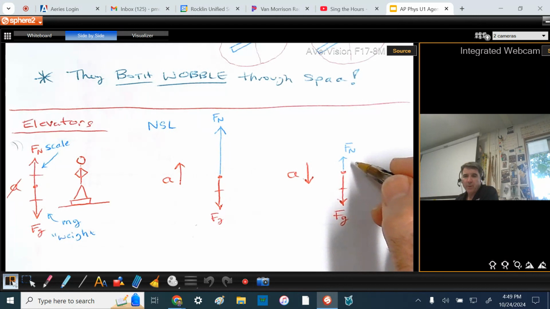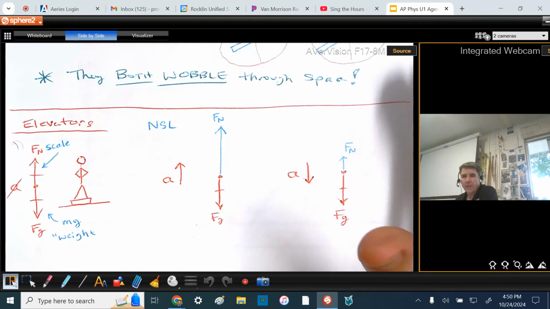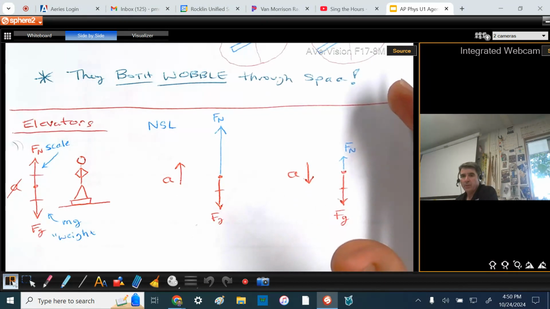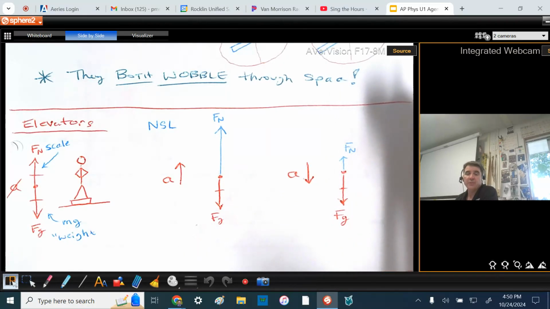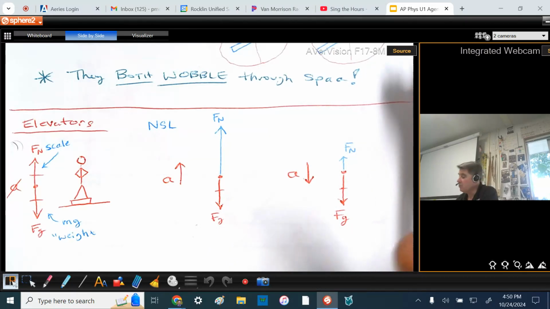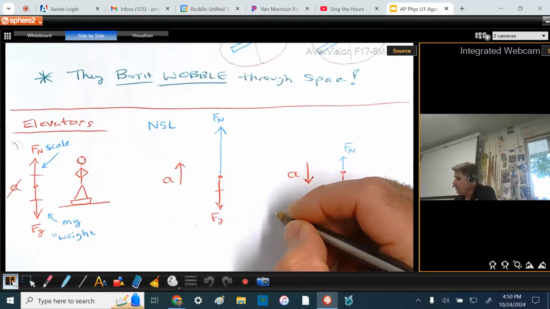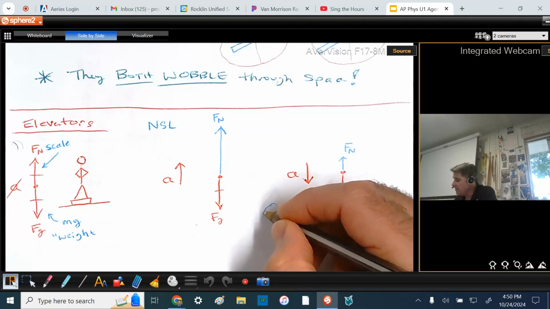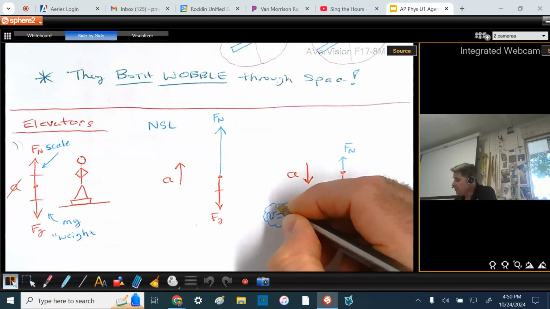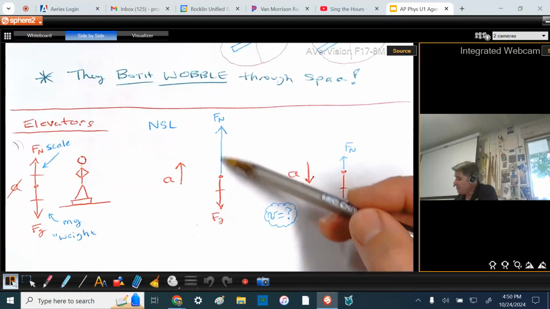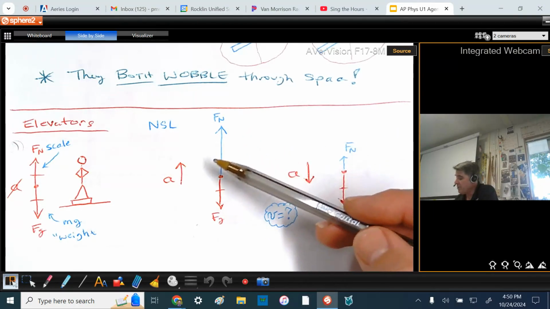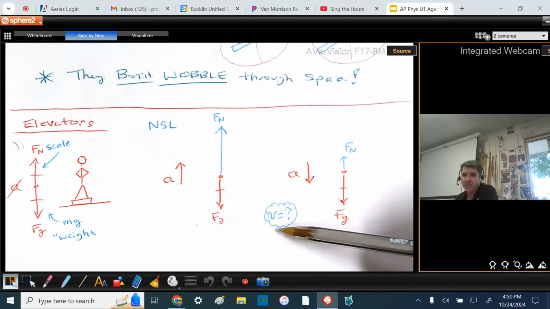Now you've got to remember that direction matters too. Your body will react or feel differently depending on which direction you're going. There's a question of which direction is your velocity. Are you starting from rest? Are you starting from motion? Yeah, you've got to consider those things. But when we're talking about force diagrams, who cares, right? Because this is just showing that the net force is up, and so your acceleration has to be up. I don't care about the velocity.